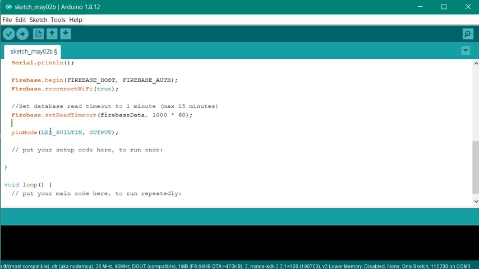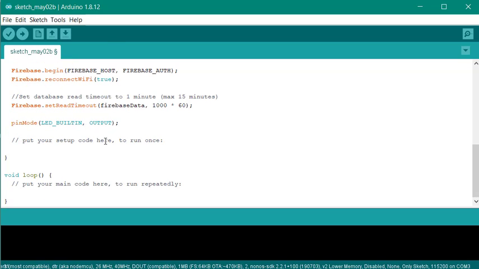Then I define our pin mode. In my case, I am controlling the built-in LED provided by the NodeMCU, so we don't need an additional LED setup, because I am just showing you my project to control your database and NodeMCU. So I am using the built-in LED as an output.